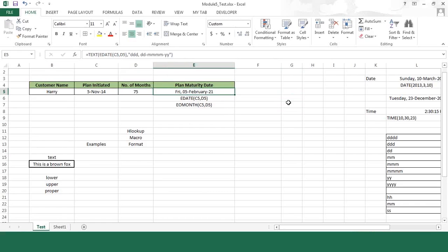So the next function, EOMONTH, means end of month. This EOMONTH, end of month, actually helps me to find out the last day of the month of a given month. So in my case, let's say I want to check February 2021, what will be the last date, whether it is 28 or 29, I don't know. So how do we calculate that? We can say equal to